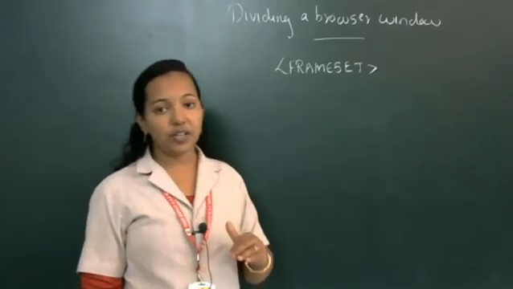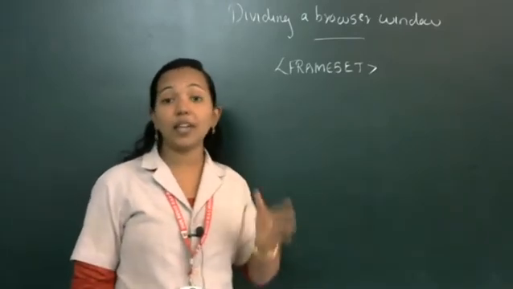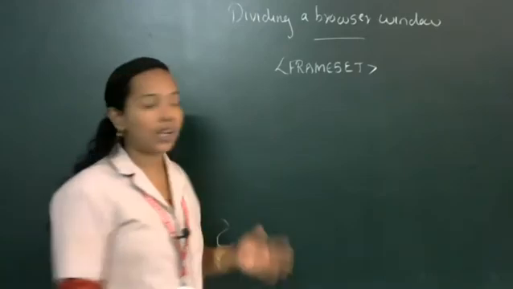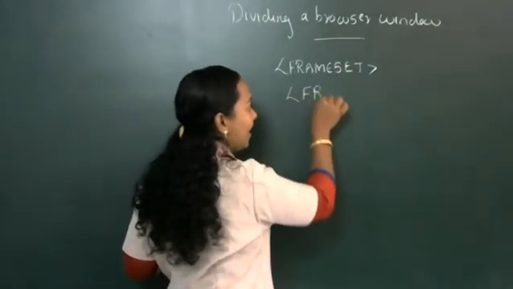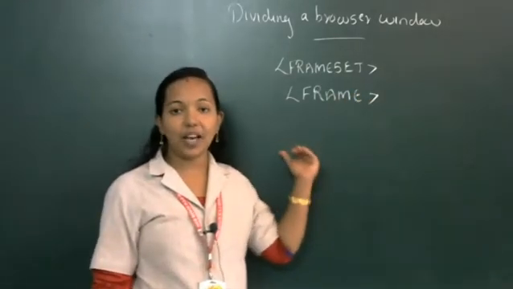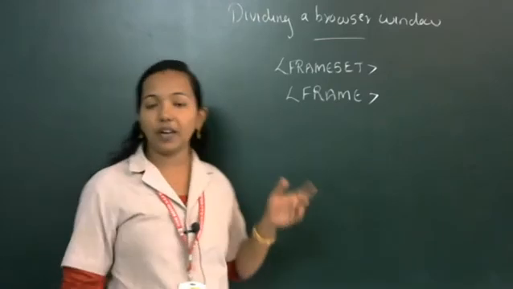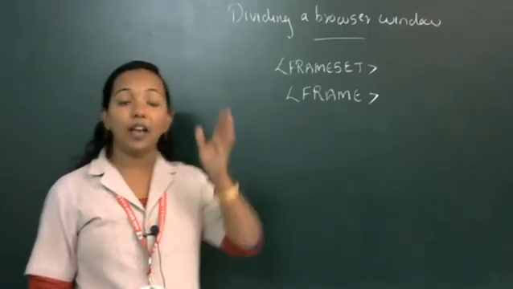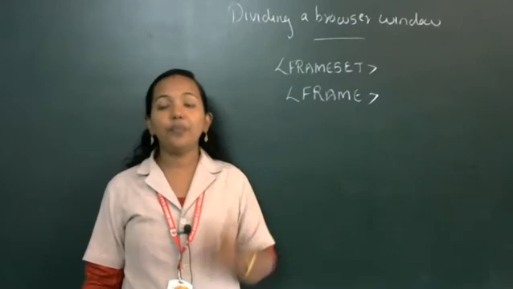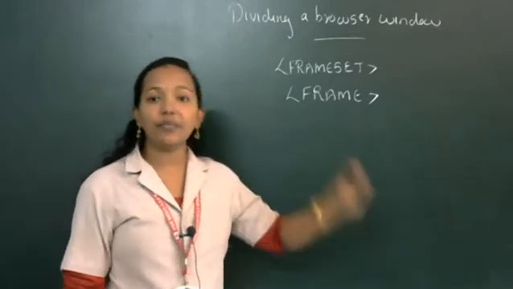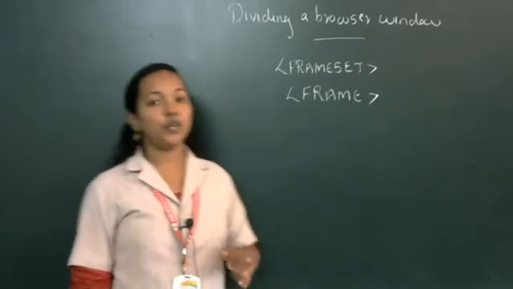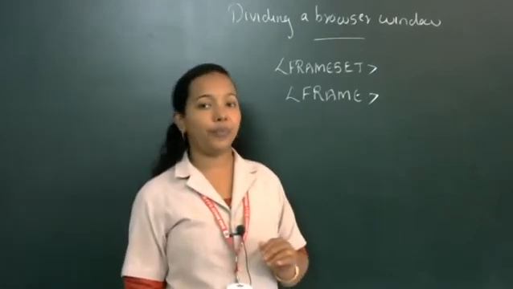Once your division is over, or once the space allocation is over, next we can allocate frames into that particular position. For that purpose we are using another tag that is known as the frame tag. So these two tags we are using together. When we are using frameset, definitely you want to use the frame tag. Frameset is used for dividing the browser window and also for allocating space. Then frame is used for giving a particular web page into that particular frame. For that purpose we are using these two tags, frameset tag and also frame tag.